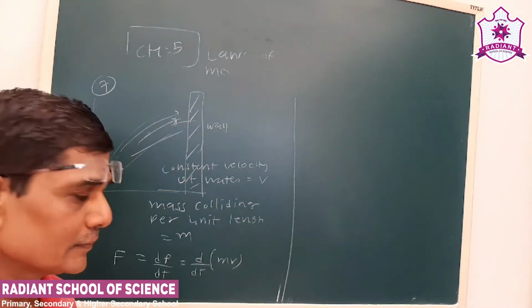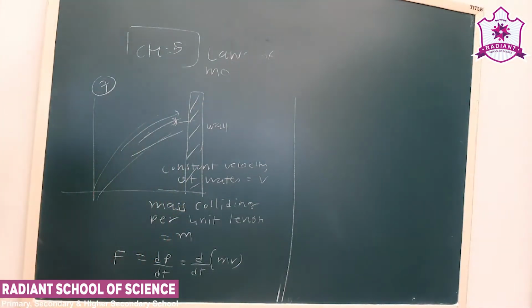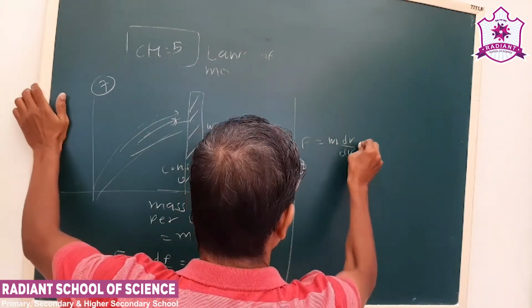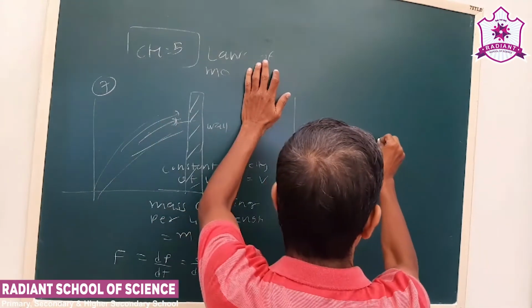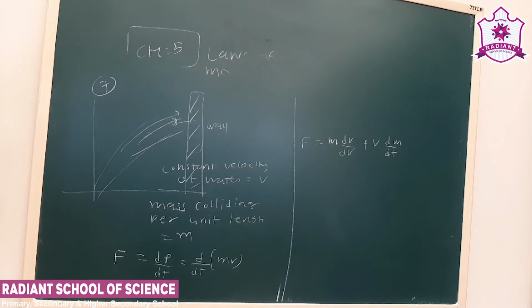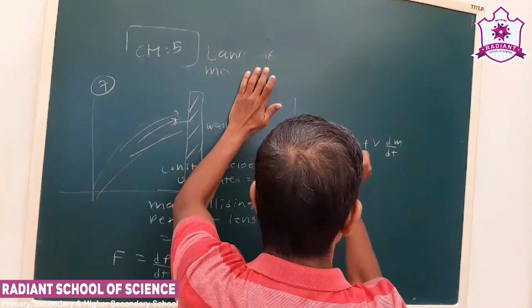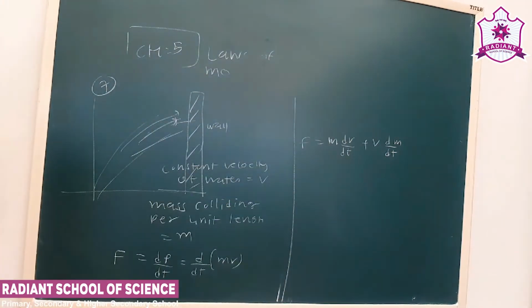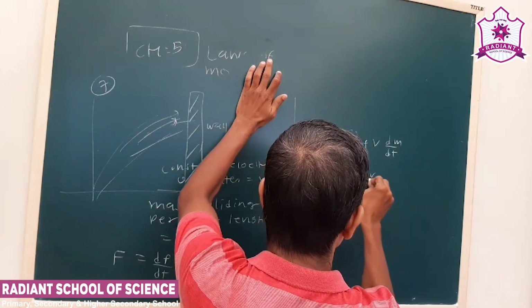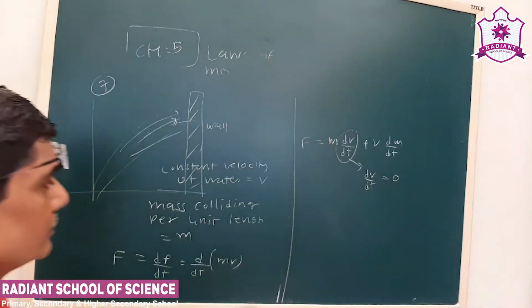Now see here, there is a derivative, but we have to apply the rule for multiplication. Okay, rule for the multiplication. So what we can say, m constant and dv by dt, but v constant and dm by dt. Okay, see, that is the chain rule. Now see the velocity is constant. Here the water is coming out for the constant velocity, so dv by dt is given as 0.